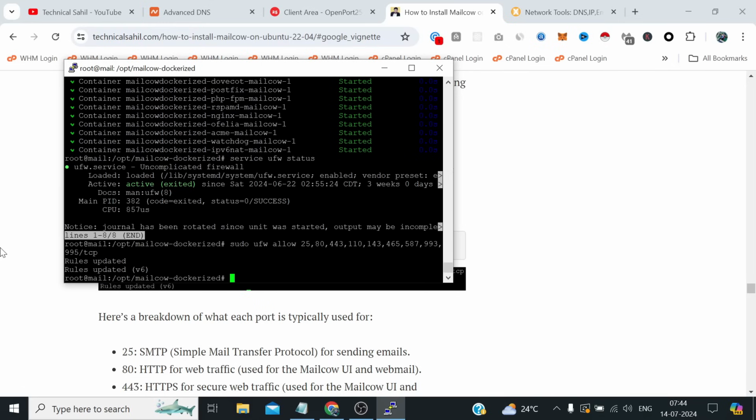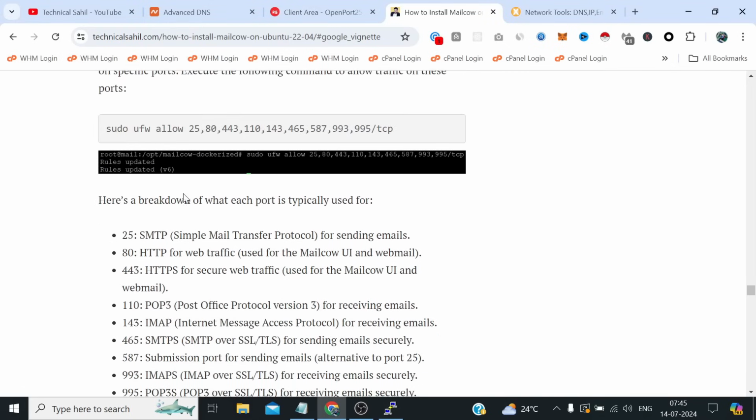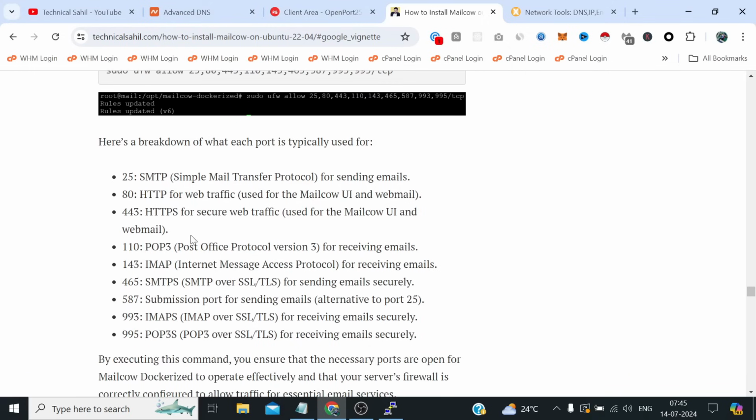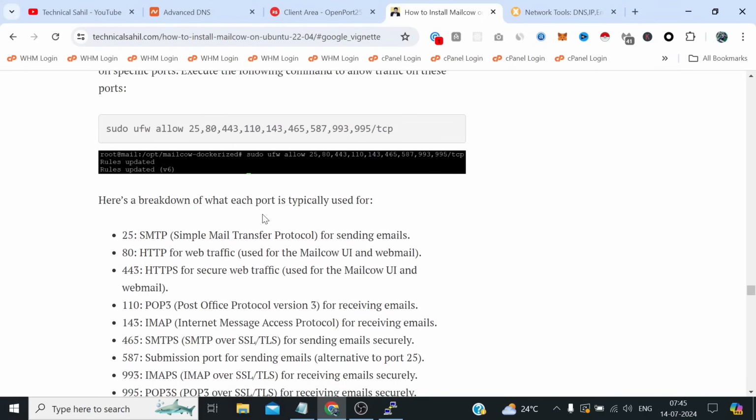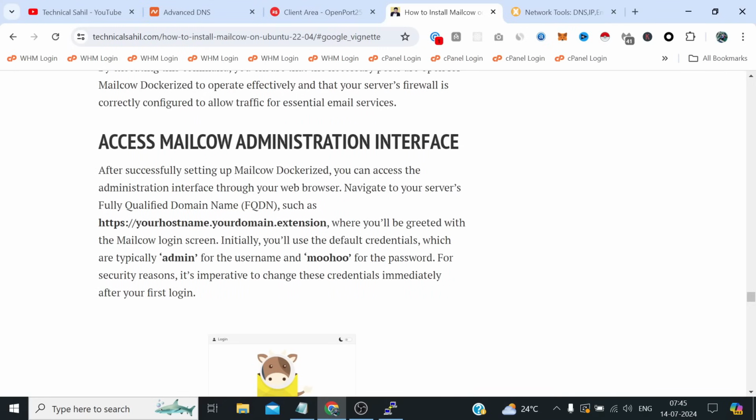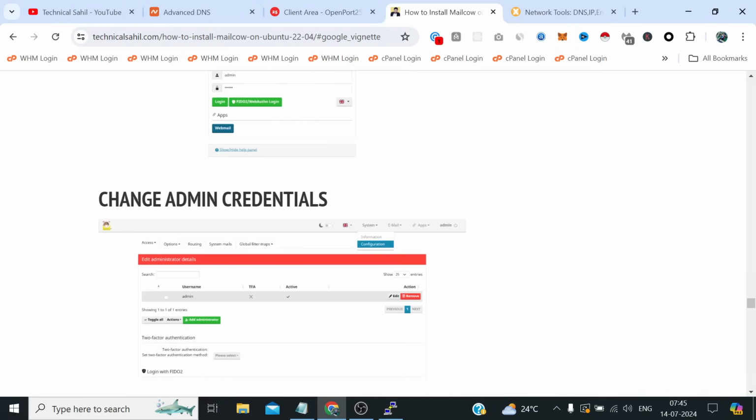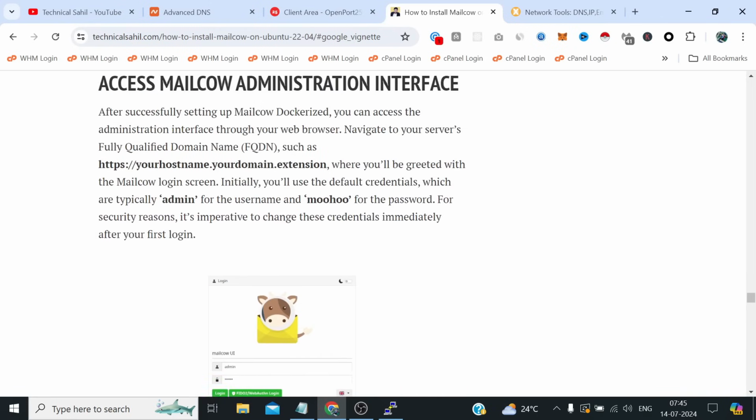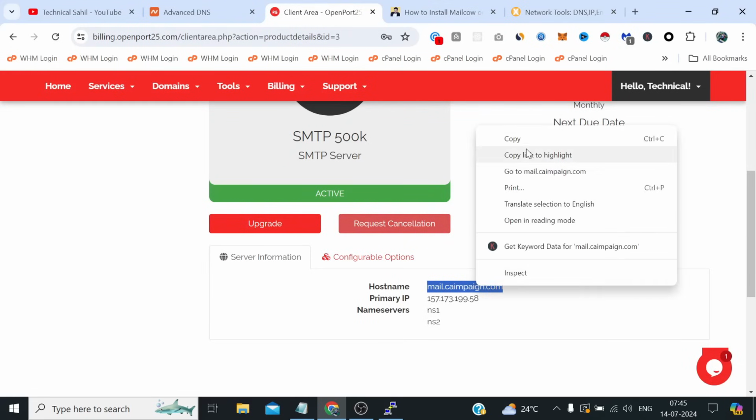Yeah, the rules are updated. Here I also mentioned the breakdown of all the ports, like which port is for what use, so you can read it in case you wish to. Otherwise, MailCow has been installed. Now we simply need to log into this dashboard. Like if we copy this URL,